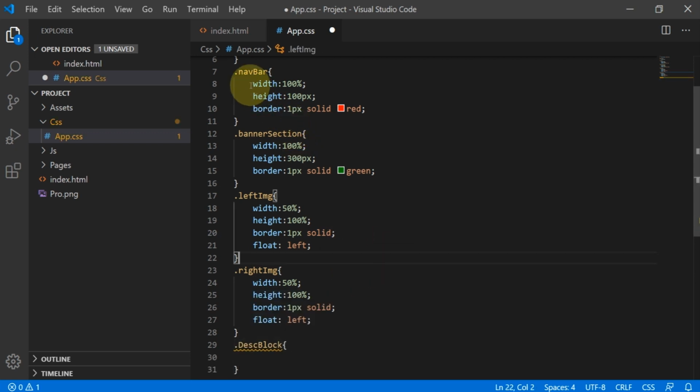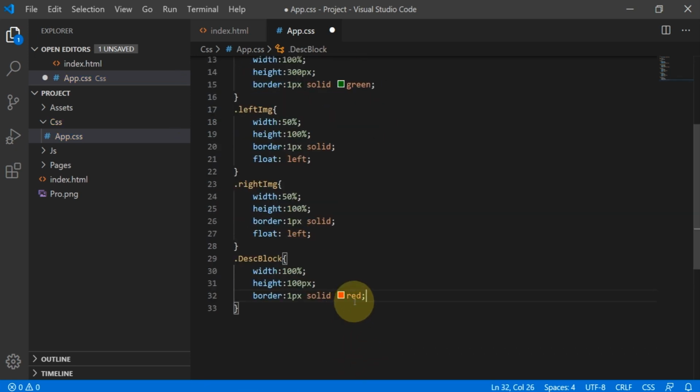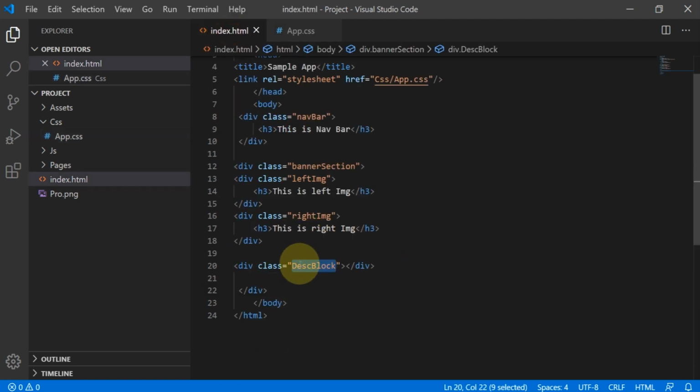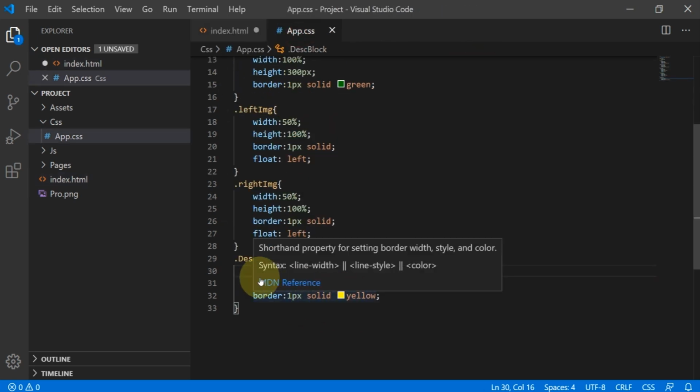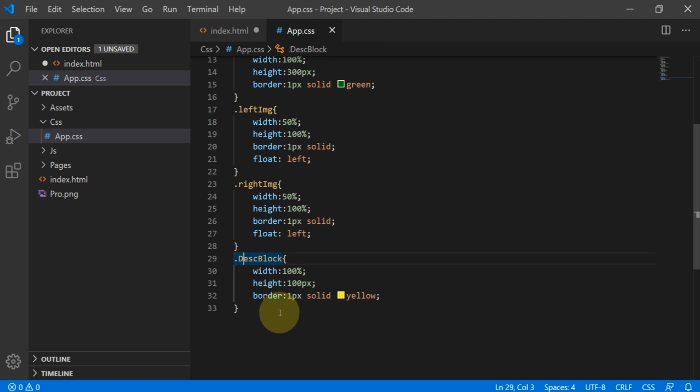This is also similar to the navbar, so I'm copying everything from the navbar class and pasting it. We should not start with a capital letter for description. Okay, small d, then here also. That is the preferable way, guys.